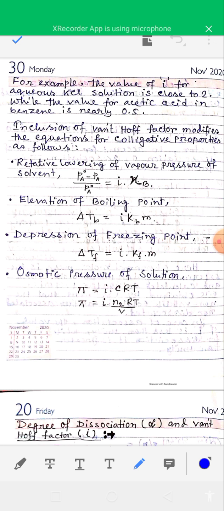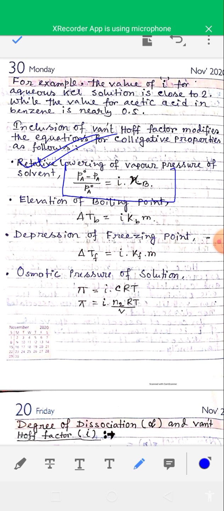We know that these are for a solution having non-associative, non-dissociative solute. But for a solution having associative and dissociative solute, the formulas for calculation of different colligative properties are